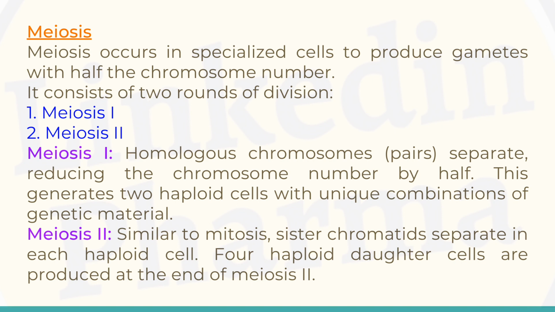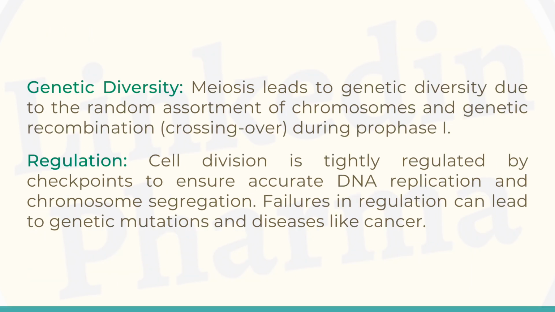Meiosis I. Homologous chromosomes, pairs, separate, reducing the chromosome number by half. This generates two haploid cells with unique combinations of genetic material. Meiosis II. Similar to mitosis, sister chromatids separate in each haploid cell. Four haploid daughter cells are produced at the end of meiosis II. Genetic diversity. Meiosis leads to genetic diversity due to the random assortment of chromosomes and genetic recombination, crossing over, during